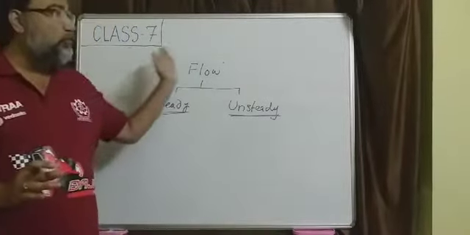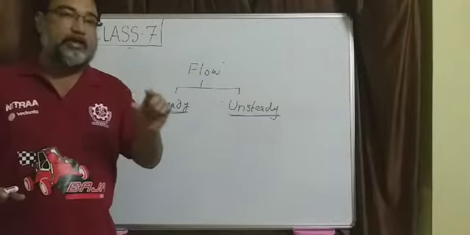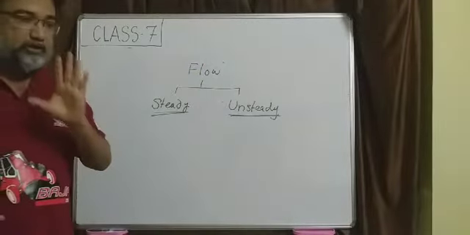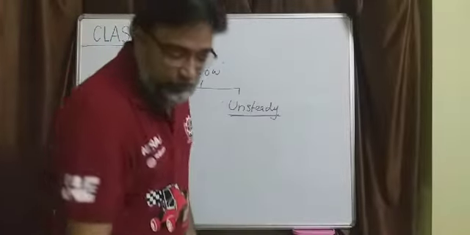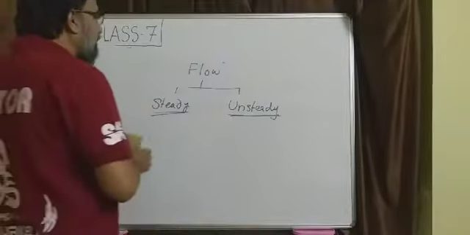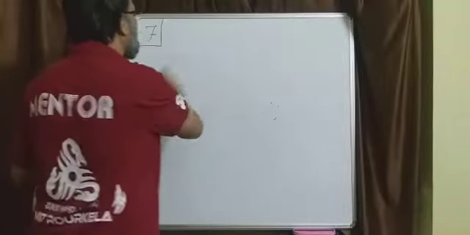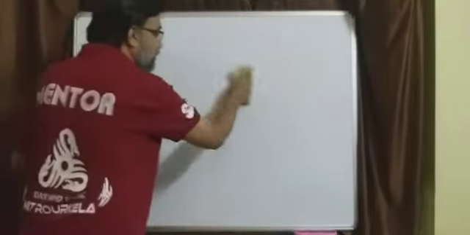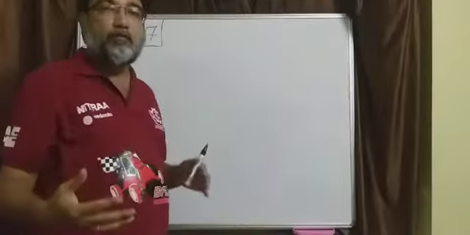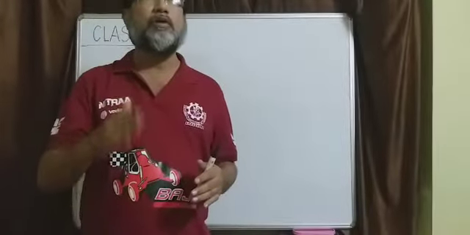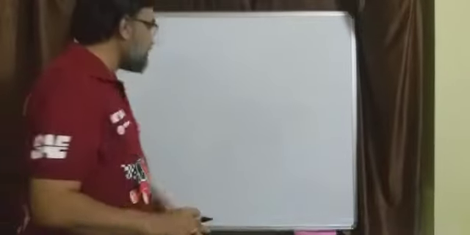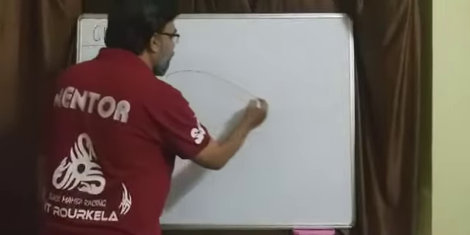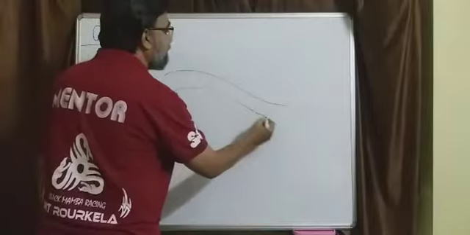Alright, so that flow which I was showing, that flow will be steady. Now what is a steady flow? So we must know the definition of steady flow. Now let me explain, then I will write the definition of steady flow. And our analysis or our discussion for the first law of thermodynamics will be confined to a steady flow situation only. So what is a steady flow situation? Suppose there is a flow taking place.